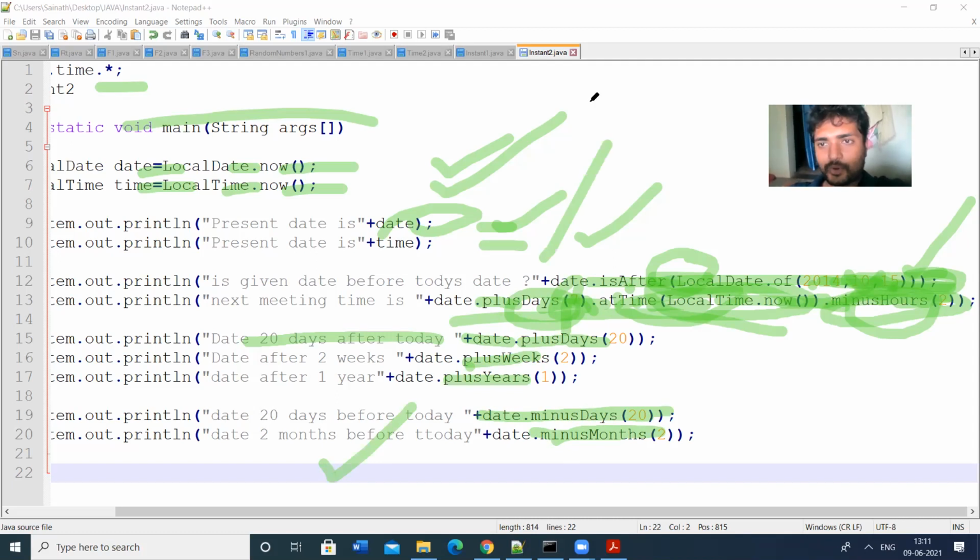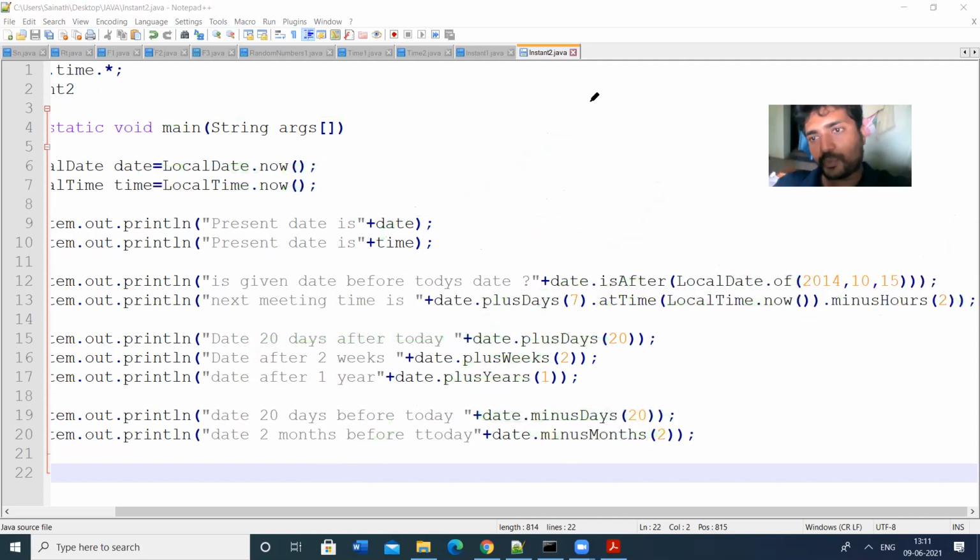So this is a simple program. All these programs are meant to perform some operations, some methods on the time and date. In the time package, so many methods and classes are defined, because the time package is exclusively meant to perform logic on date and time, to display the date and the time.